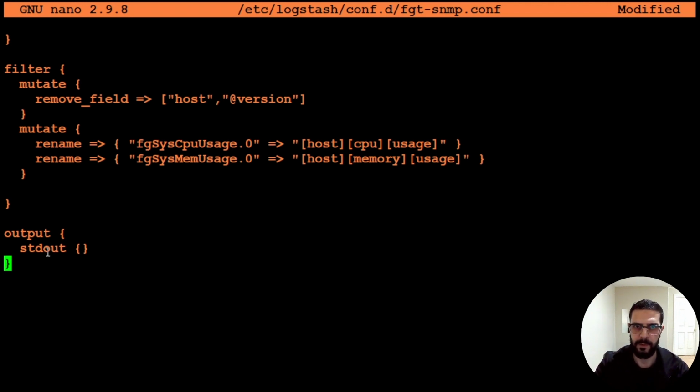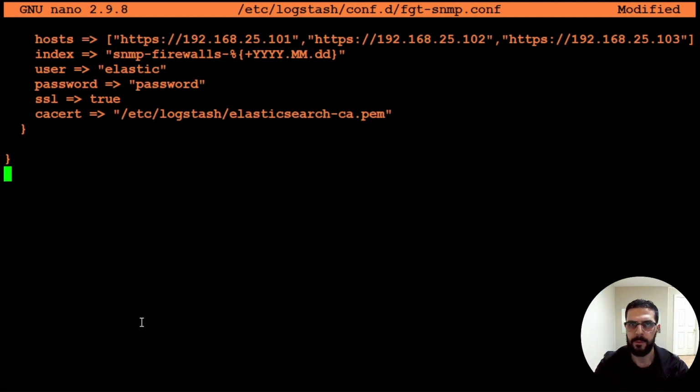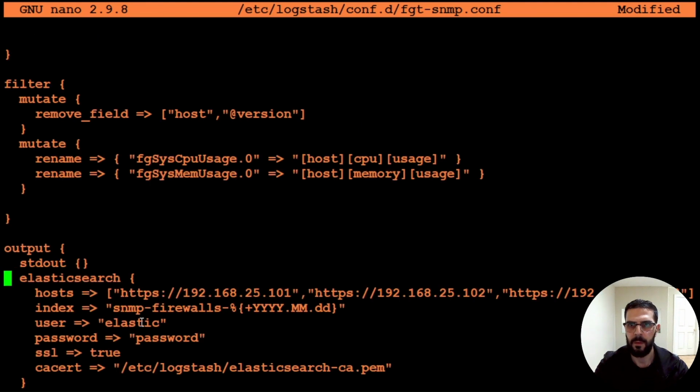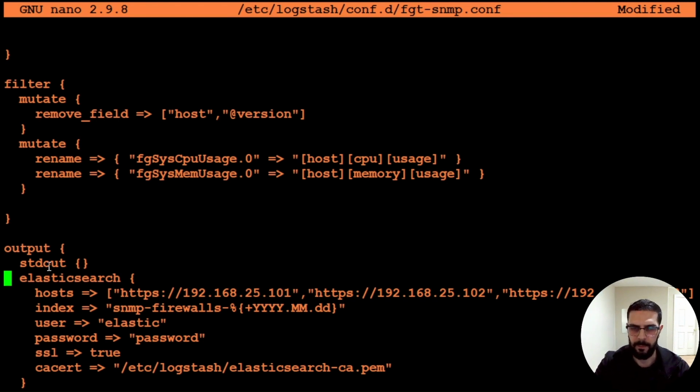And in the output section here, I'm going to add my Elasticsearch output. I have the hosts, I have an index name here, and username and password, and I'm specifying the CA cert to be able to authenticate with the Elasticsearch cluster. And I'm going to comment out stdout,